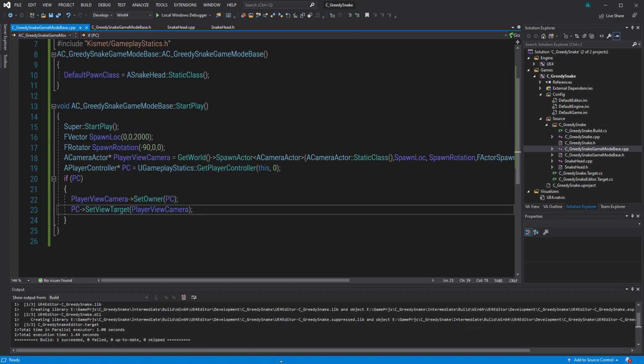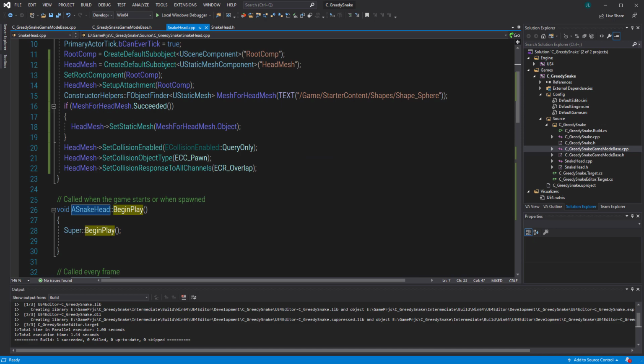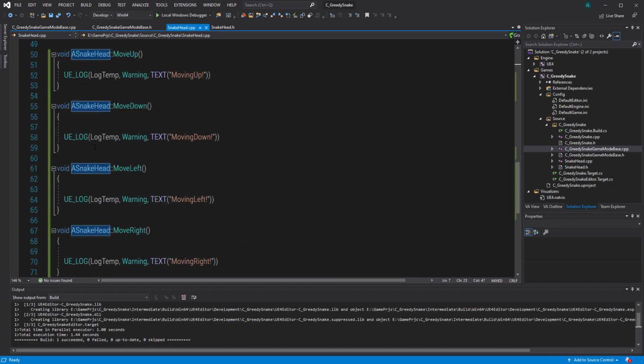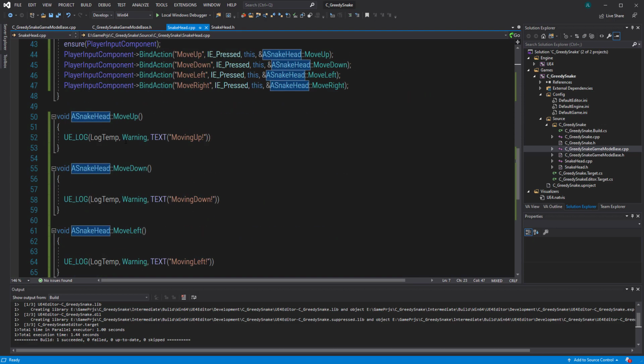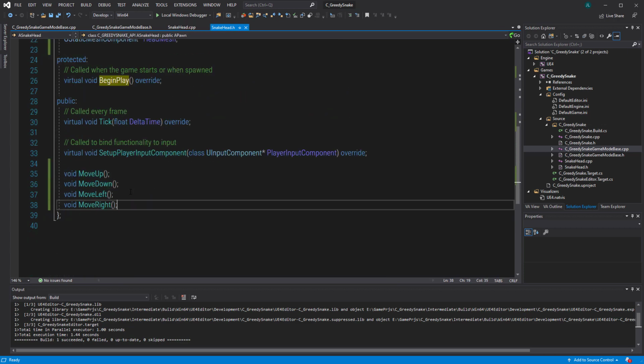So in this one, we're gonna really set up our movement now, right? We have the inputs hooked up with the functions, but those functions are not doing anything other than logging out, right? So let's go ahead and set up the movement. In the header file, I'm gonna create another attribute, and this time I'm gonna make it private,